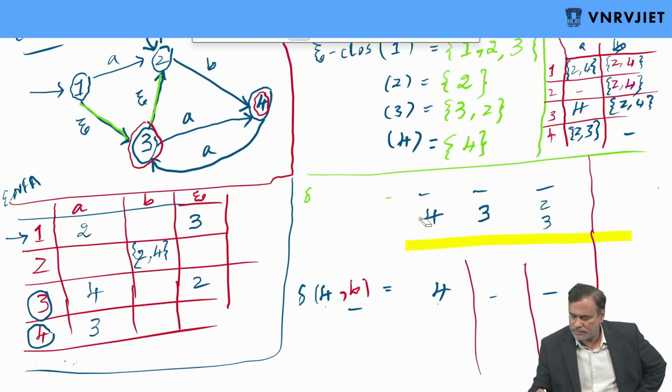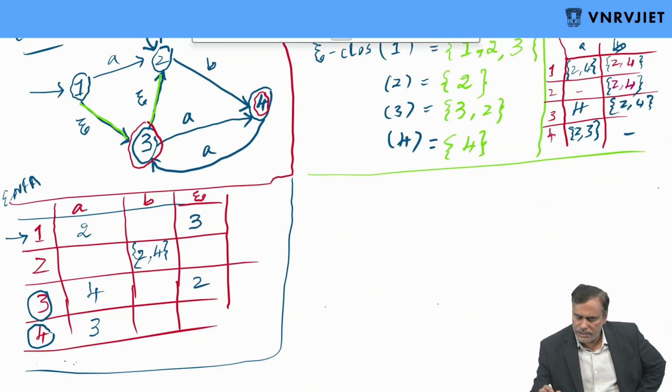Let me erase this part. Let me draw this transition. You are known in the epsilon NFA transition diagram, your start state is what? 1. So here the start state is going to be the same. And you are known what are the final states in this epsilon NFA? 3 and 4. So the same states will be the final states